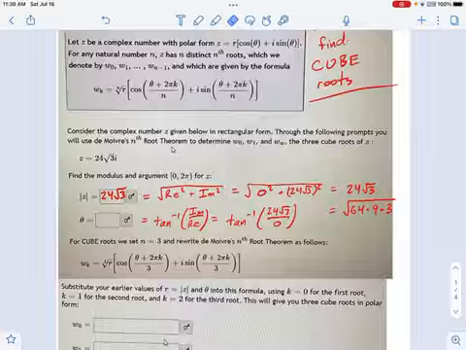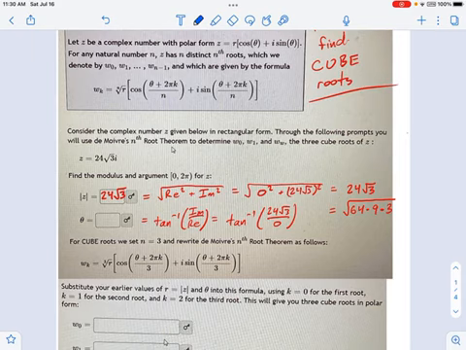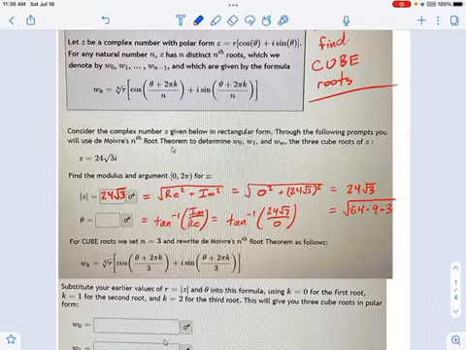You see here, this is, let me change colors. You see here, this is inverse tangent of the imaginary part over the real part. Well, so far so good. We've done that plenty of times before, but what happens when the real part is 0, right? We've got to divide by 0 here. That's weird.